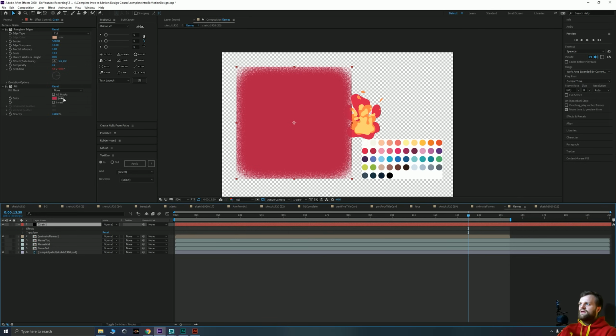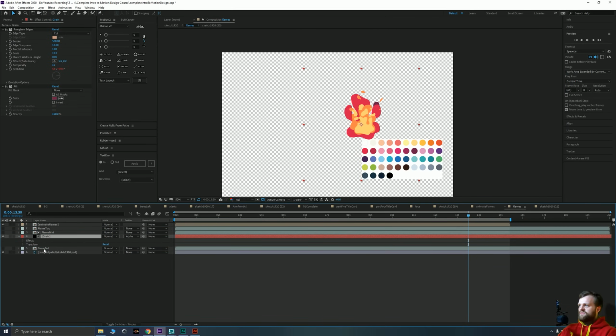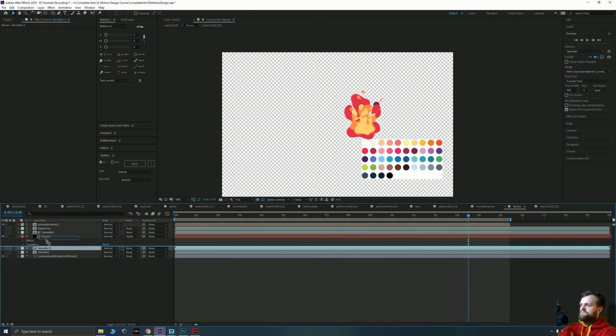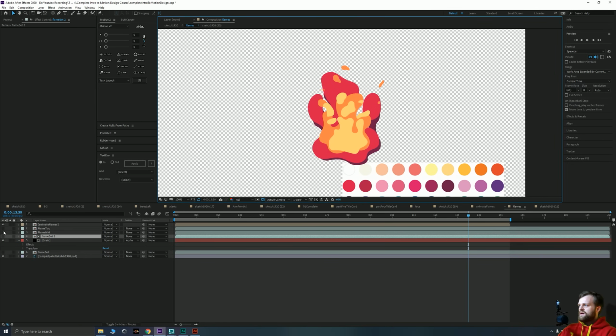So we've got our grain now on our correct color. This darkish purple looks quite nice. Just going to drag that over our flames like we did before. Pop it on top of flame bot, duplicate flame bot, drag that above the grain, and you'll see that it's already started to